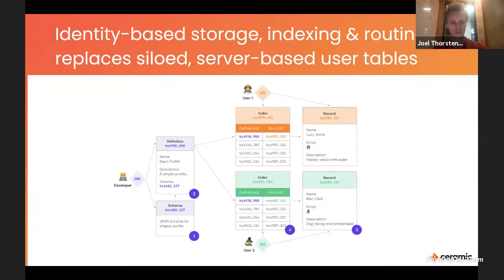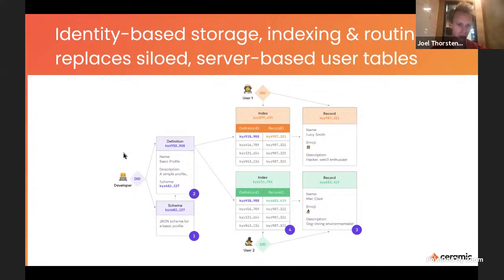One of the main things we've been focusing on with Ceramic is making it possible for developers to store user data in a semantically meaningful way. The system we built for this is called IDX, a framework on top of Ceramic. In IDX, each user has their own data store. The data store is basically a mapping from definition to record. The definition semantically describes the data, and the record stores the data.